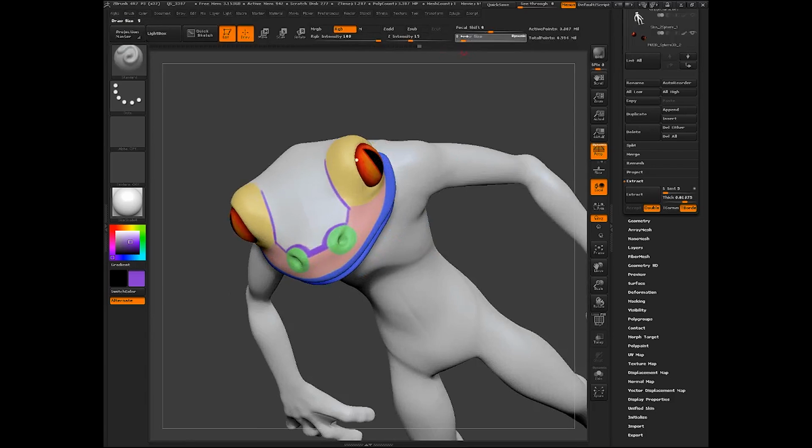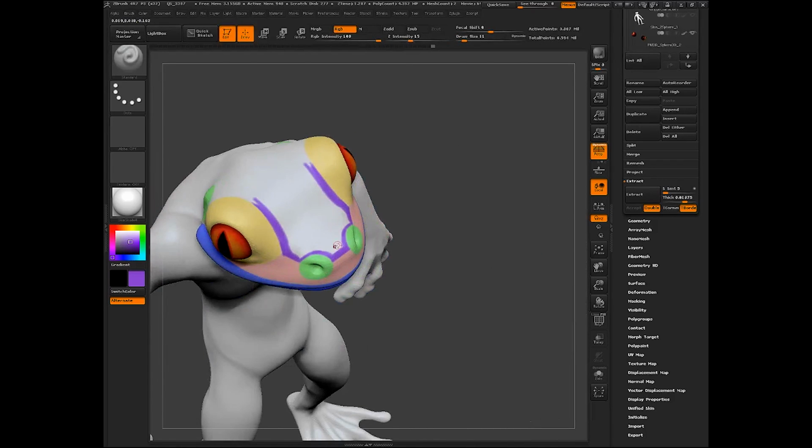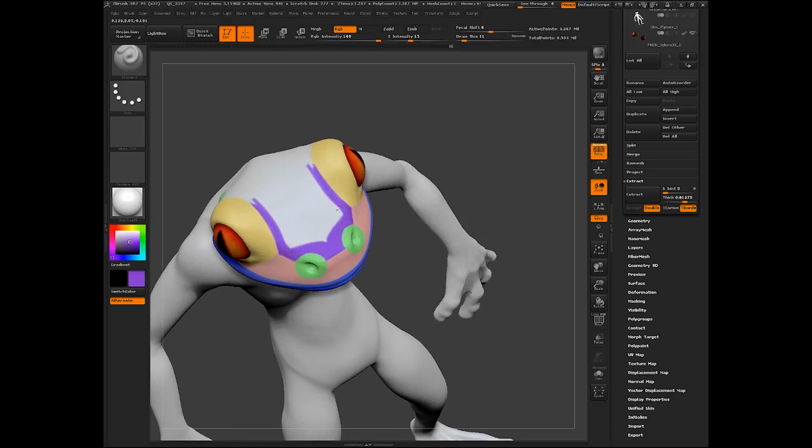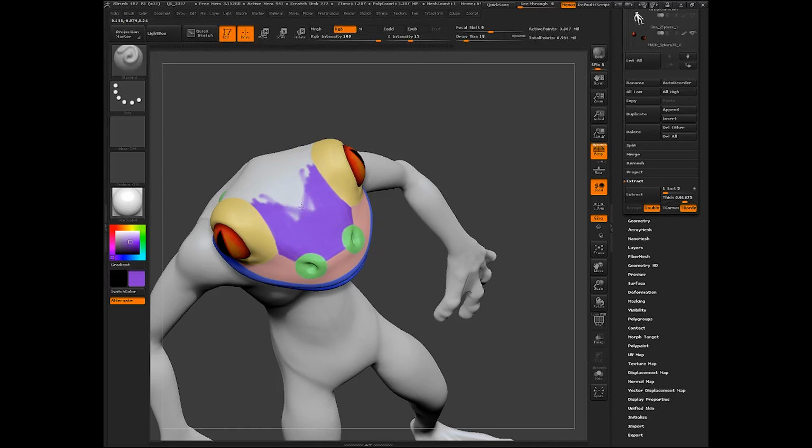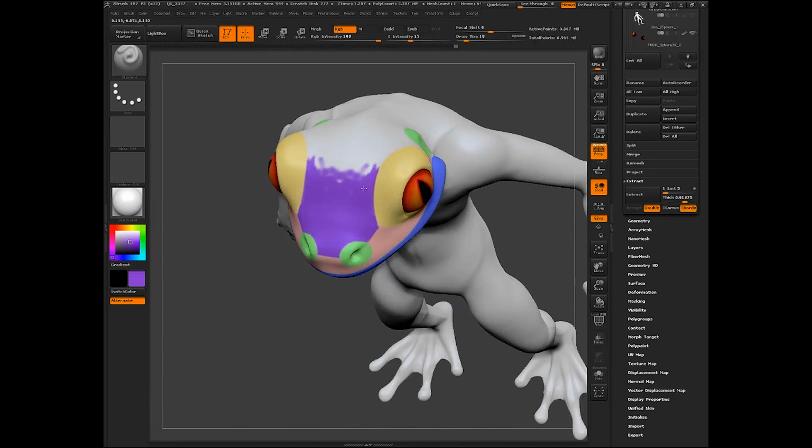So it really helps to think about how you're going to break up the topology groups on your character, and this is what's going to allow you to think about that before you actually go in and start the kind of tedious process of retopologizing. Although in ZBrush it can go pretty quick, so we'll go over that in just a few minutes. But yeah, you don't want to spend a lot of time retopologizing without having really planned it out ahead of time. I've done it. It can work, but it definitely ends up being more time consuming until you know exactly how you want all of your topology to go.